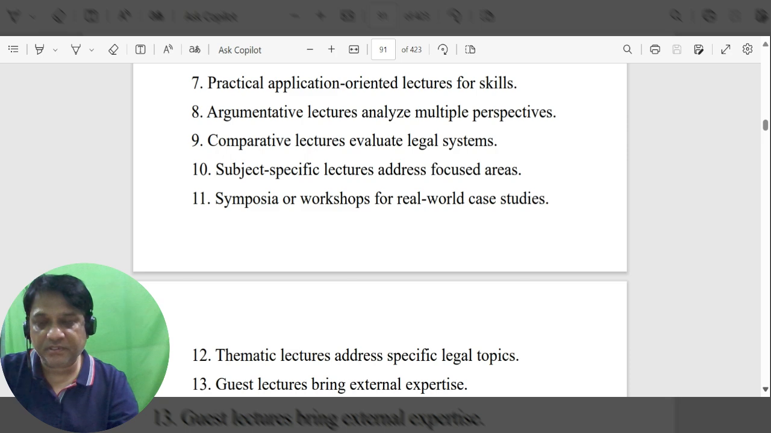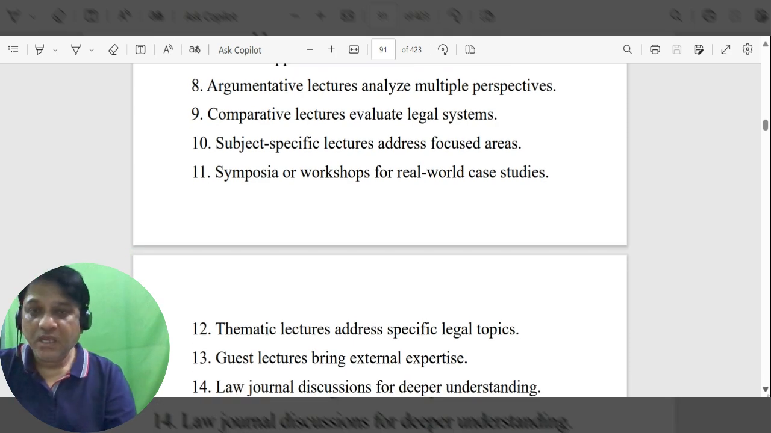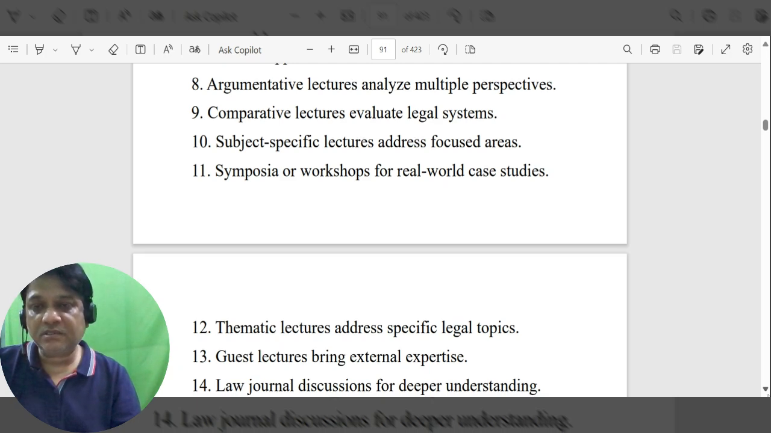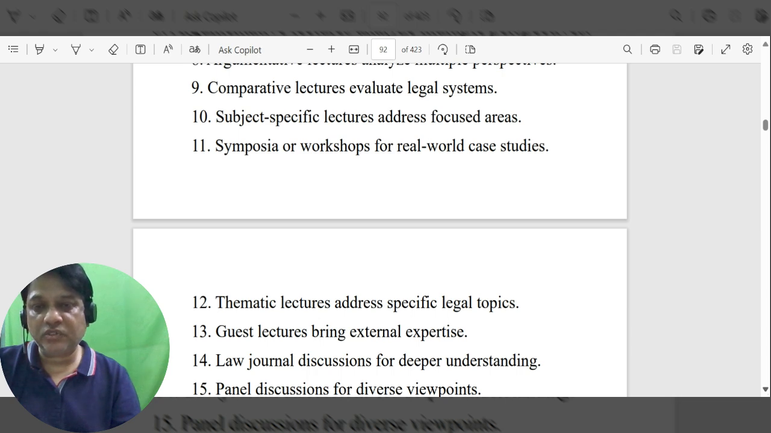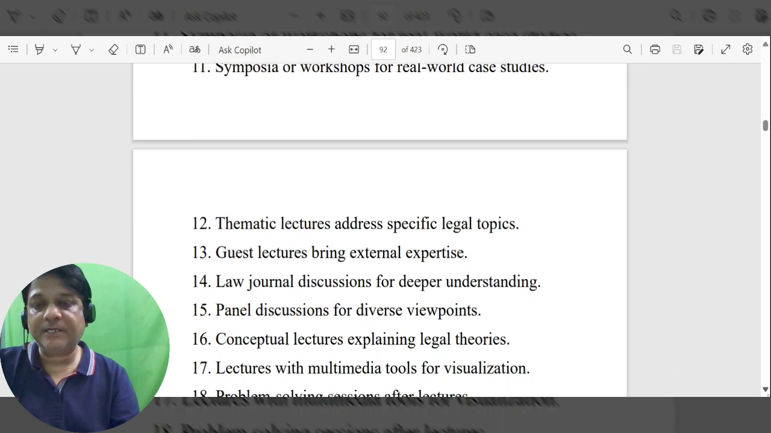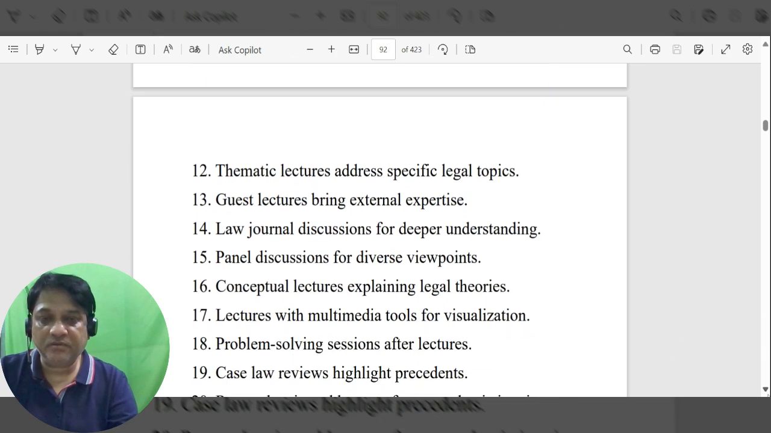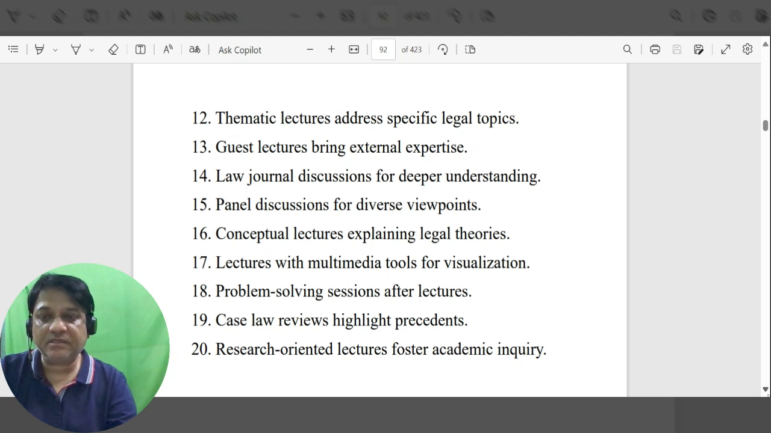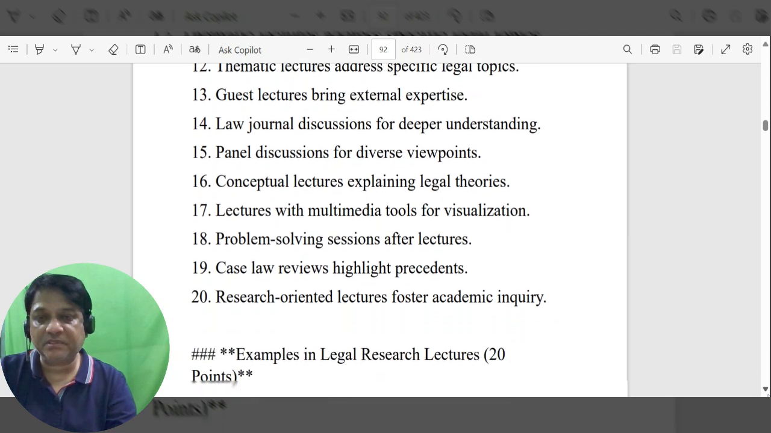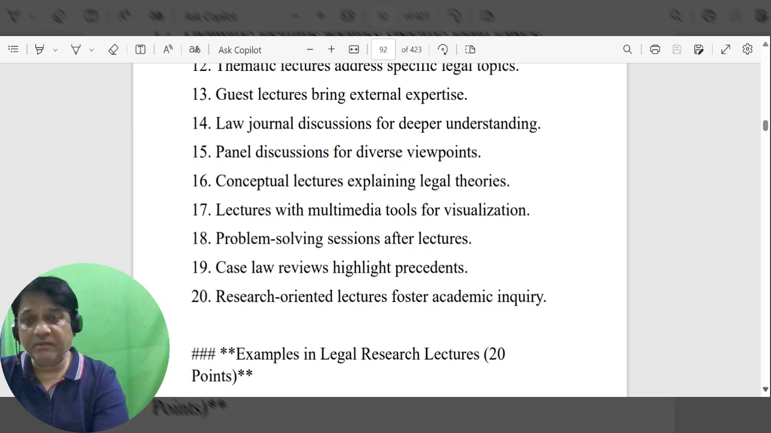analyze multiple perspectives, comparative lectures evaluate legal systems, subject specific lectures address focused areas, symposia or workshops for real world case studies, thematic lectures address specific legal topics, guest lectures bring external expertise, law journals discussion for deeper understanding, panel